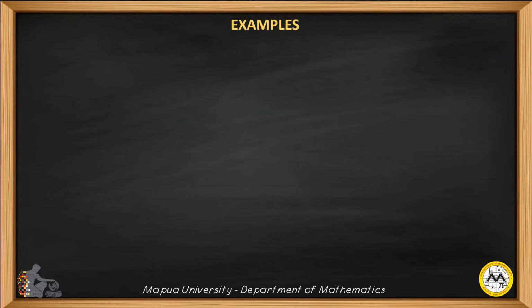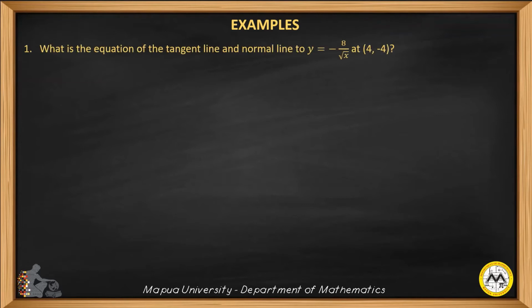Okay, let us make use of this concept to work on some examples. For our first example, we would like to determine the equation of the tangent line and the normal line to y is equal to negative 8 divided by the square root of x at the point (4, -4). In problems like this, where we are given a point, we first verify whether this point is on the given curve. So what we do is substitute 4 for x and negative 4 for y,